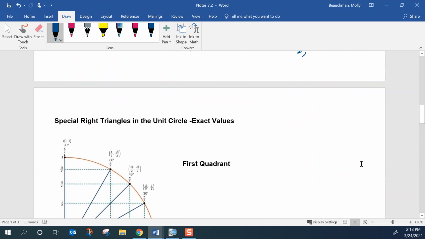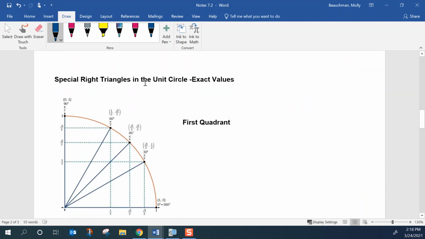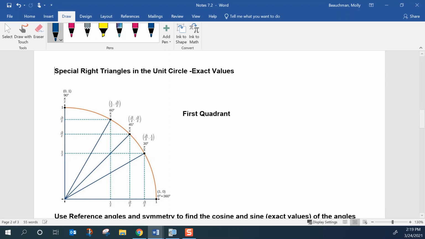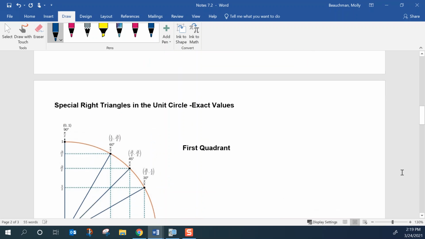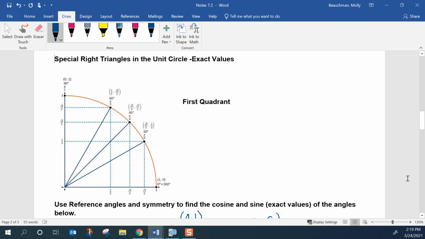So what we want to do is find as many exact values as possible by taking the angles of our special right triangles inside the unit circle. In the first quadrant, if you take a look at the first triangle right here, if this is an angle of 30 degrees, then the angle up top is 60 degrees, and this is a 30, 60, 90 triangle situated inside the unit